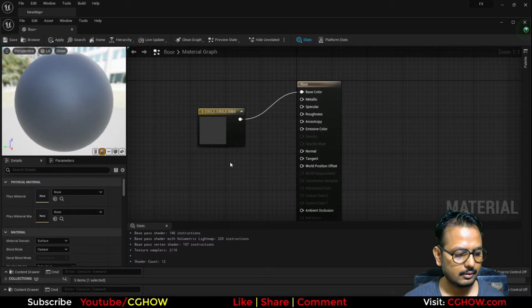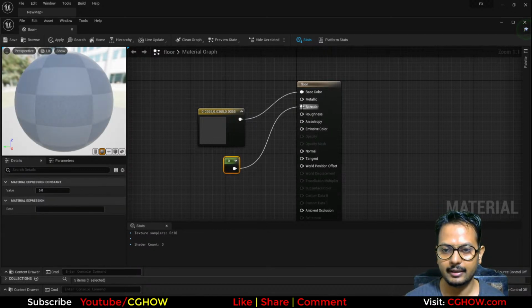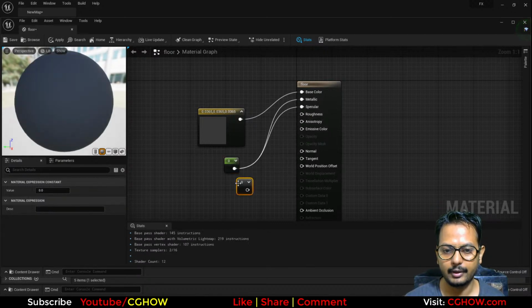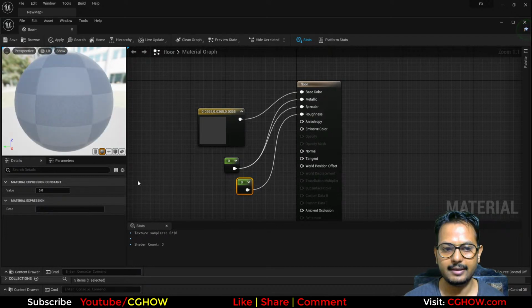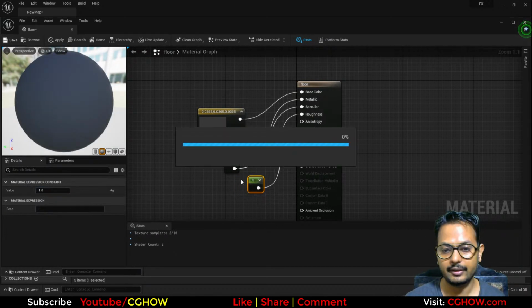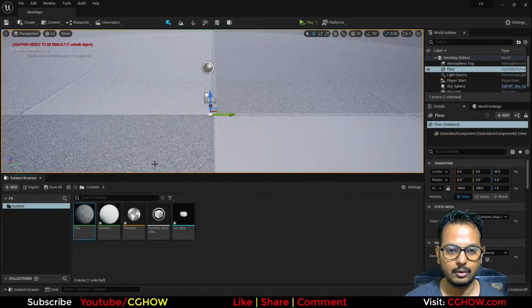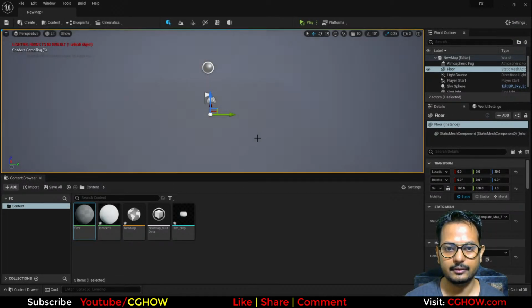And 0 specular and 0 metallic and 1 roughness. Roughness 1 means no roughness. Roughness 0 means full roughness. So I'll just apply this here